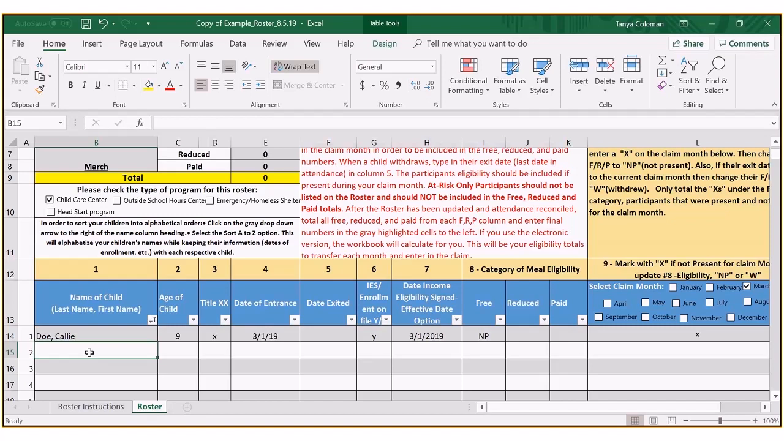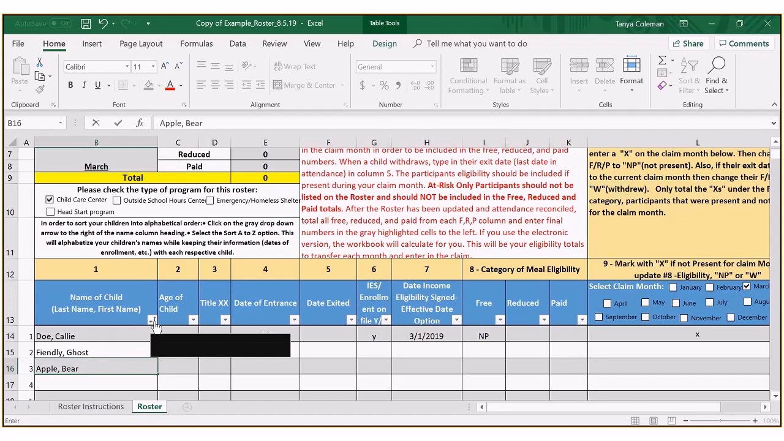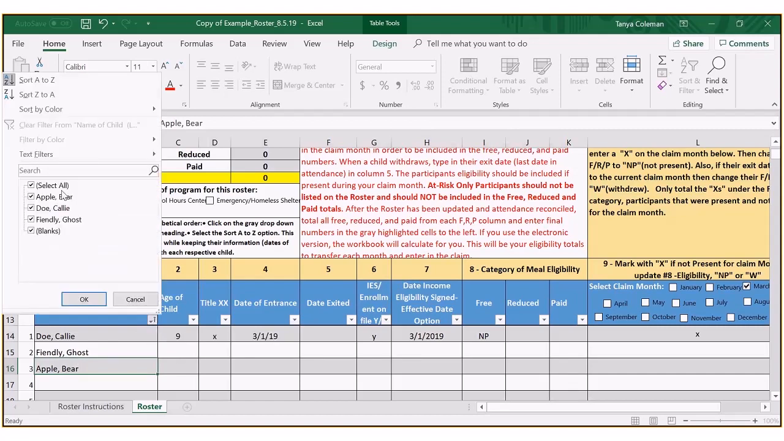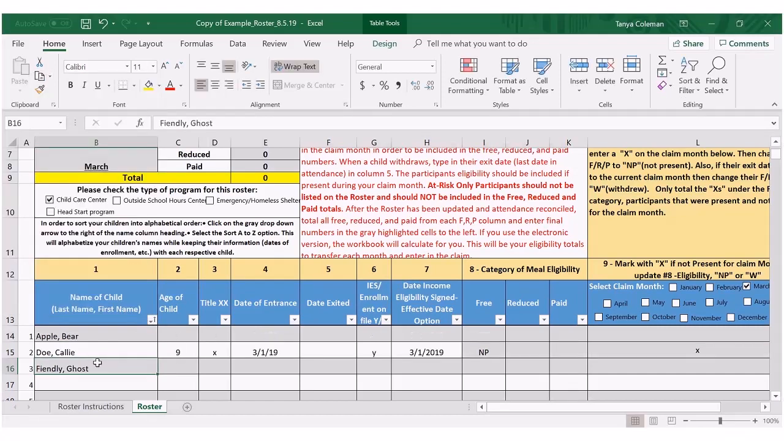Another good thing about this form is that it can alphabetize participants' names, which is a best practice. See here, you add all your participants' names as they are enrolled, and then as a best practice, we alphabetize the names. So you can go here as you add your names, click on this arrow, pick sort by A to Z, and as you can see, it automatically puts the names in